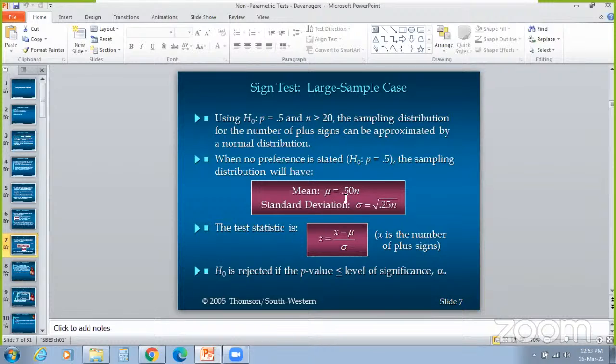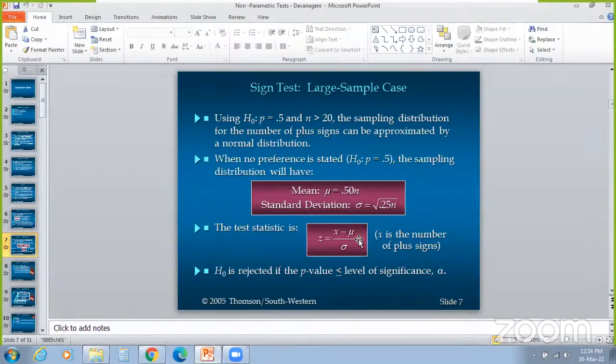The mean is 0.5n. That is, the number of observations should be multiplied with this probability. That is, the mean is 0.5n, and the standard deviation is the square root of 0.5 times 0.5 times n. Then, by using this mean and standard deviation to calculate our values, again